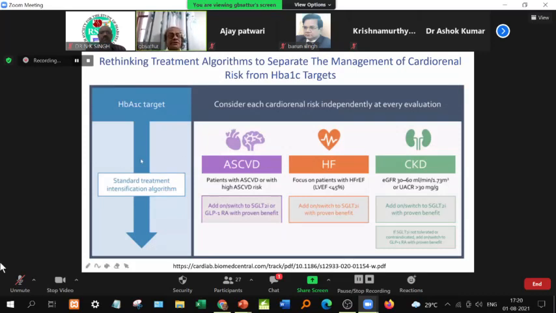The idea of this slide is, apart from reaching the HbA1c target and getting rid of therapeutic inertia, follow the intensification program properly. Think of the ASCVD risk, heart failure risk, and CKD risk, and use the drugs accordingly, one of them being either SGLT2 inhibitors or GLP-1 receptor agonists. In my practice, it has not been the price of GLP-1 receptor agonists, it is the injectable form.